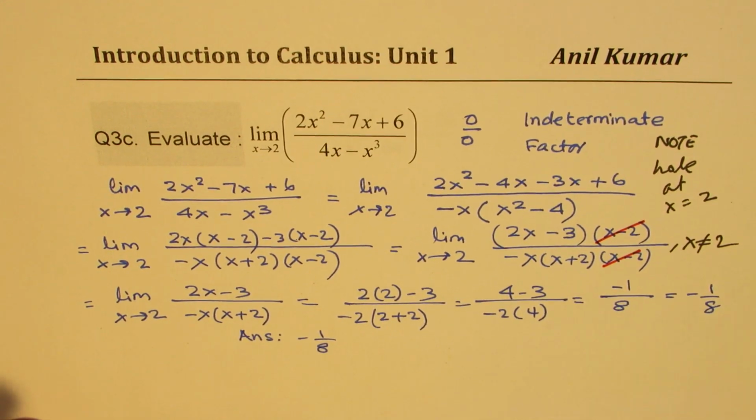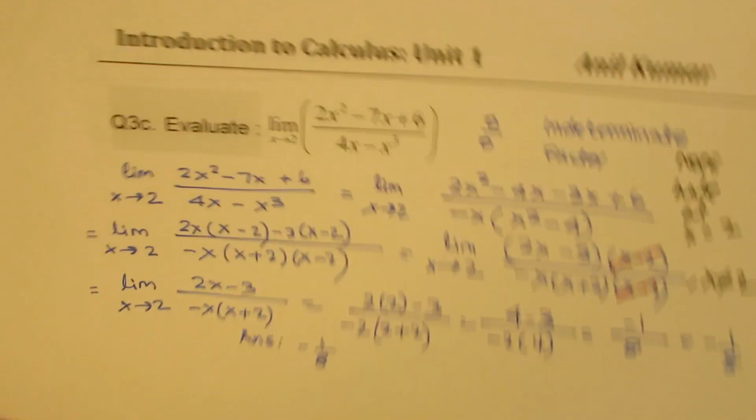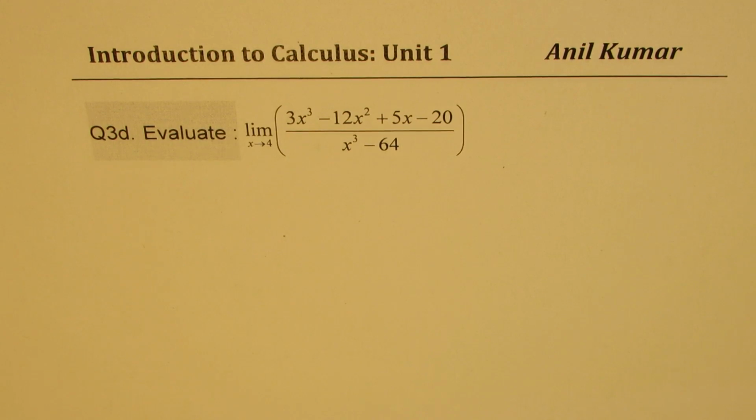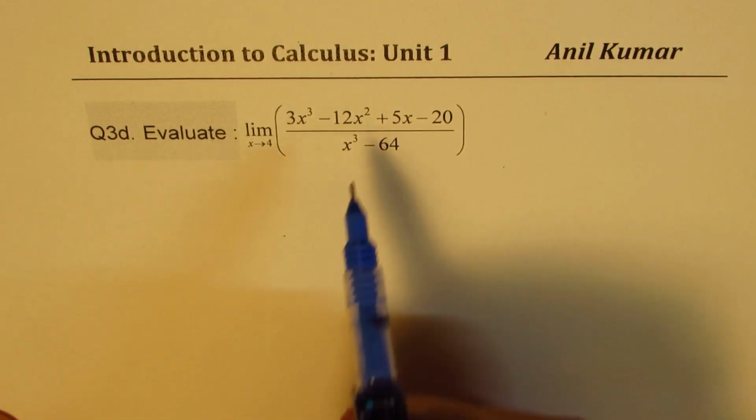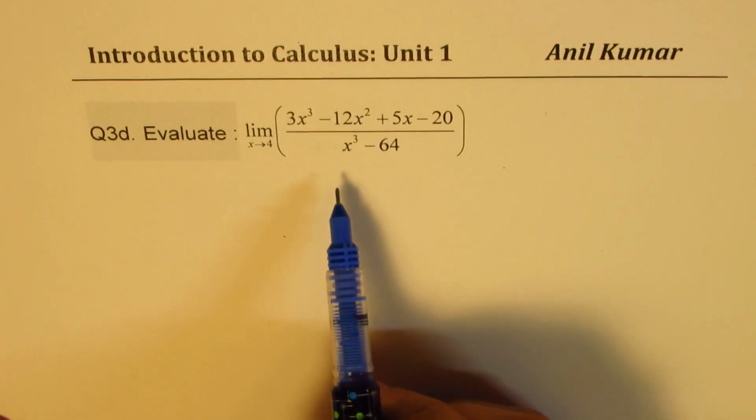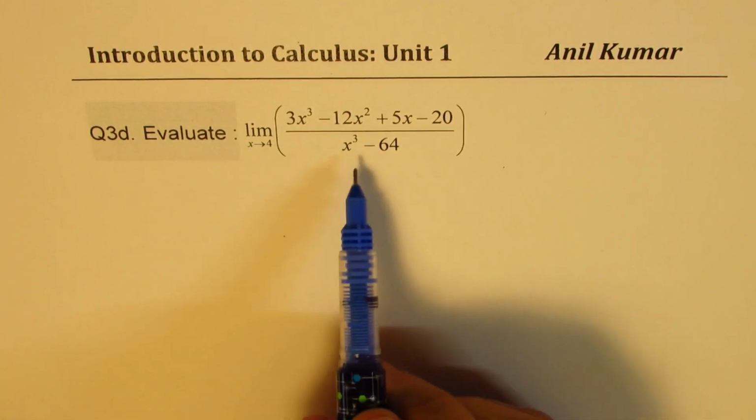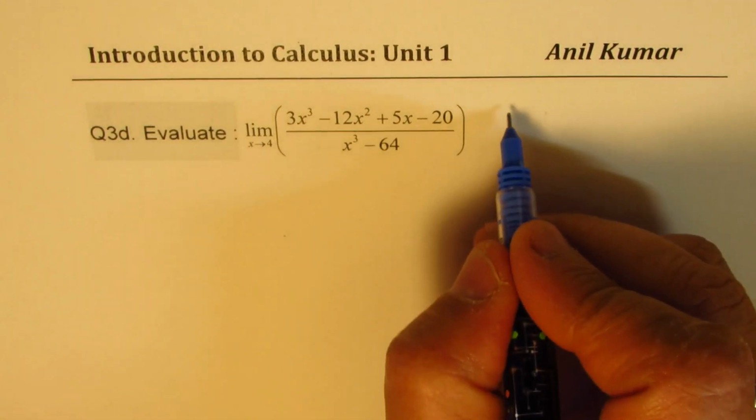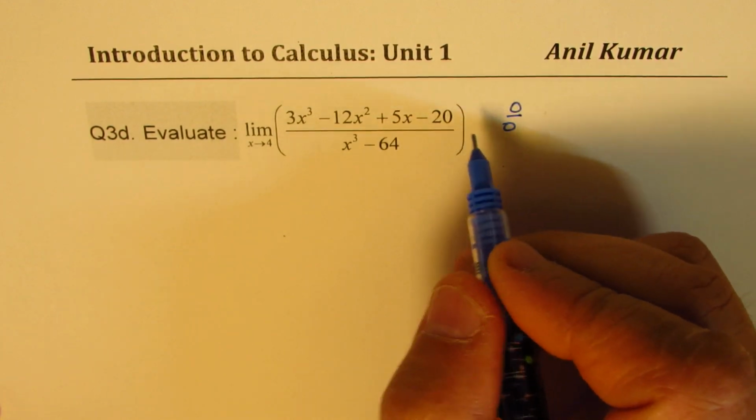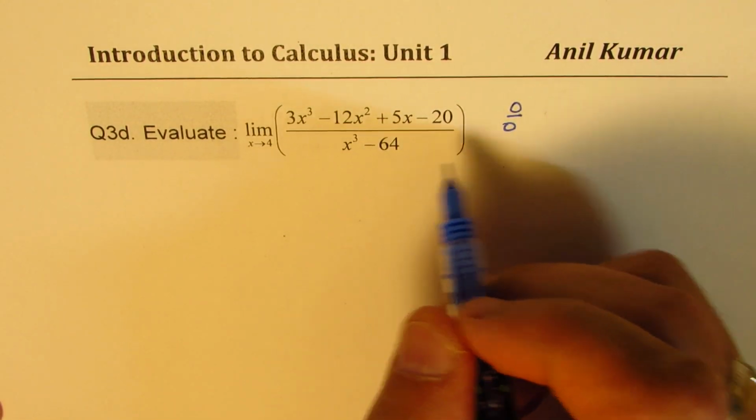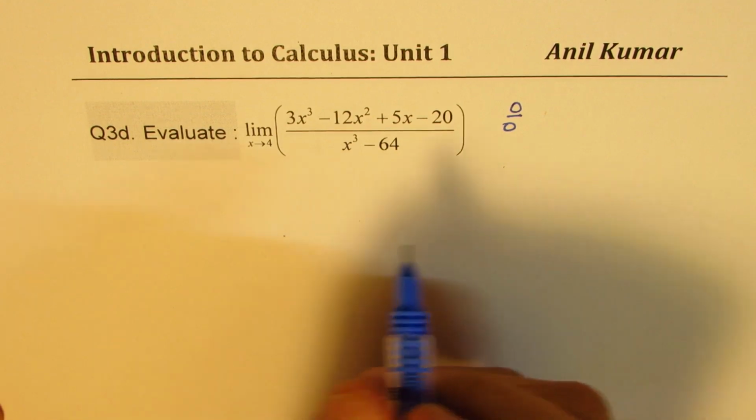Now let's take the next part, which is question 3D. We need to find the limit of the given function as x approaches 4. Again, if you substitute 4 here, we get 0 over 0. So this is also 0 over 0. So what are we going to do? We are going to factor. So let's do it. So we get the limit